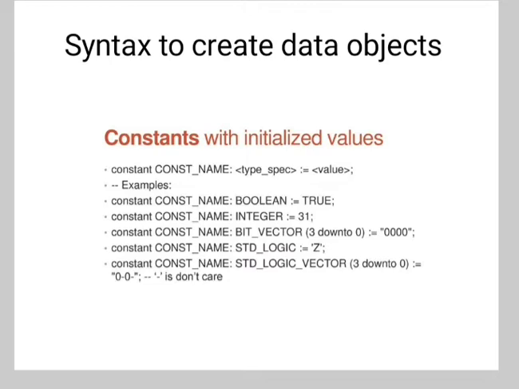Type is bit vector. As it is a vector, we have to write it in the form of 2 down to 0 or 3 down to 0 or 4 down to 0. If it is 3 down to 0, then its value here is considered 0 0 0 0. Then the next type is standard logic, and the last is standard logic vector. As it is a vector, we have to write it as 3 down to 0, 2 down to 0. So this is the syntax for the constant.